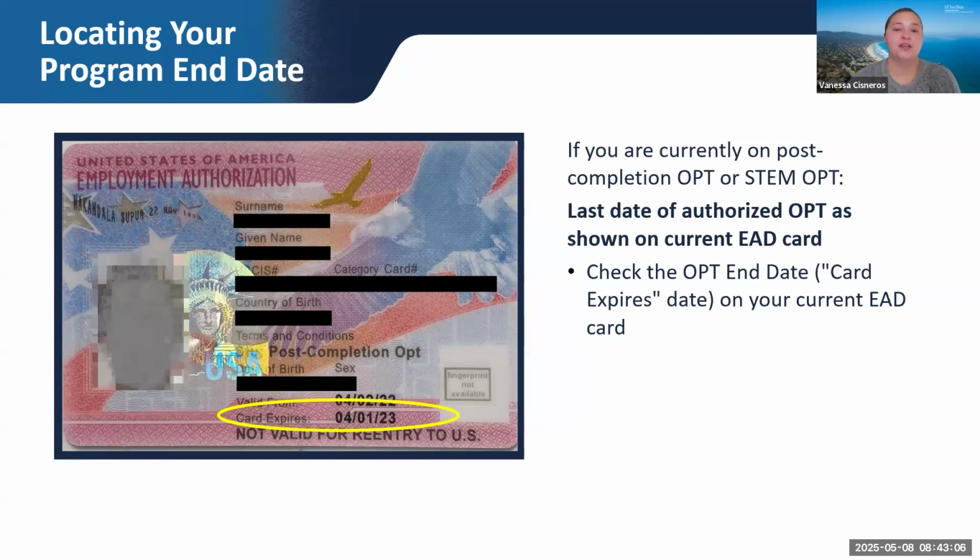You will need to make sure that your last date of authorized OPT is within 5 months of your start of classes here at UC San Diego. The last date of authorized OPT is also what will determine the start of your 60-day grace period. In other words, the time frame within which you must transfer your SEVIS record.